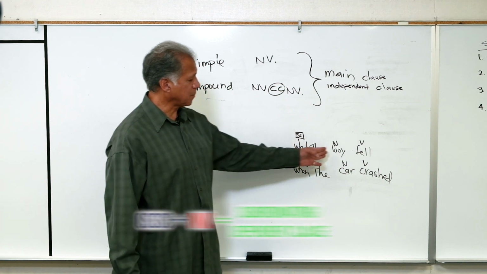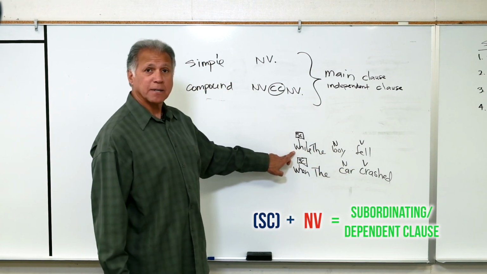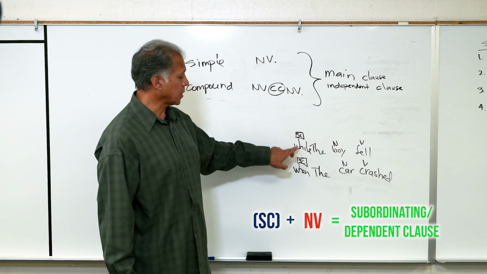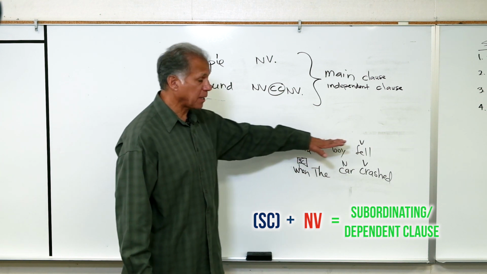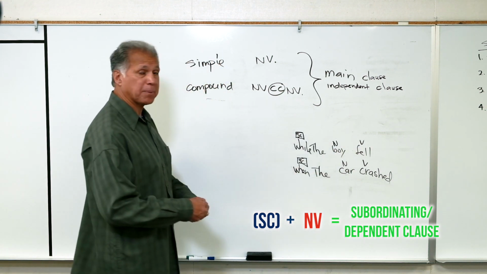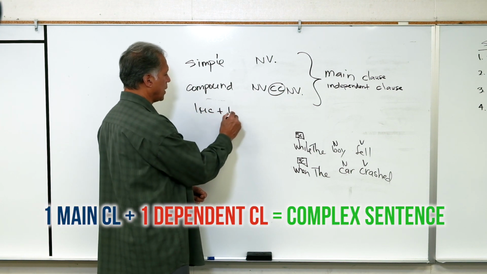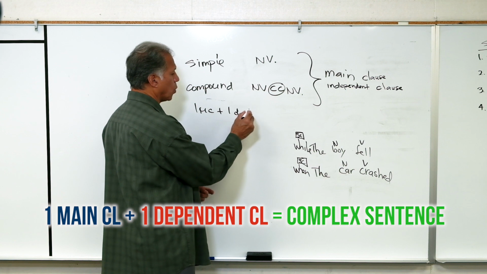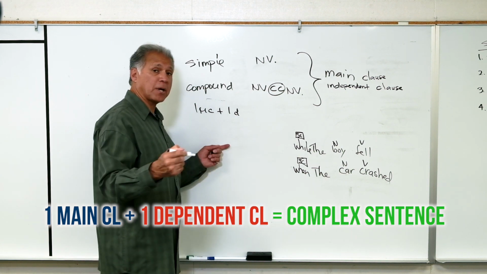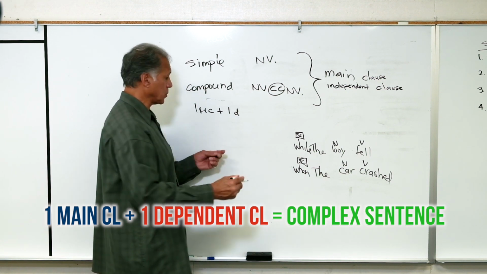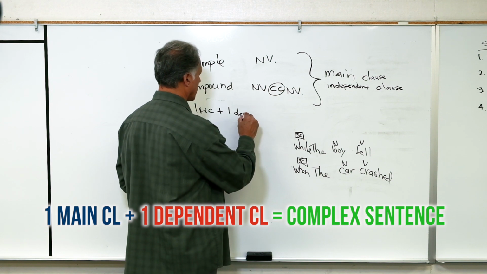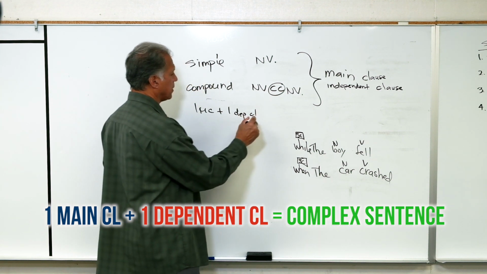They're nothing more than a simple sentence preceded by a subordinating conjunction. So, these are dependent clauses. And we said to write a complex sentence, you need one main clause plus one dependent clause or subordinating clause. From here on in, we're going to call it dependent clause, okay? That's a complex